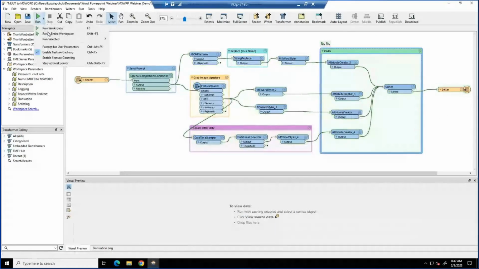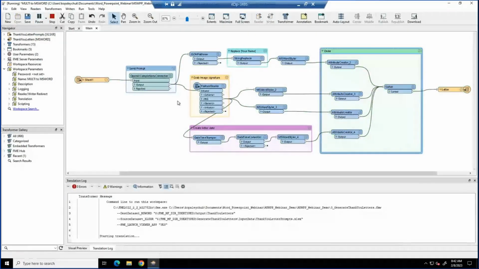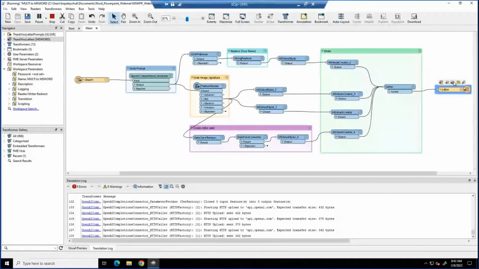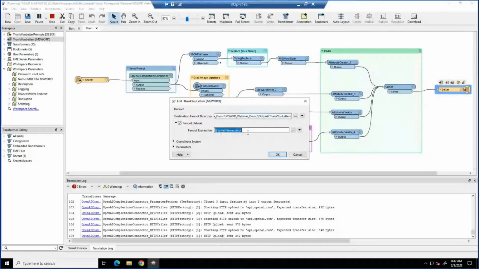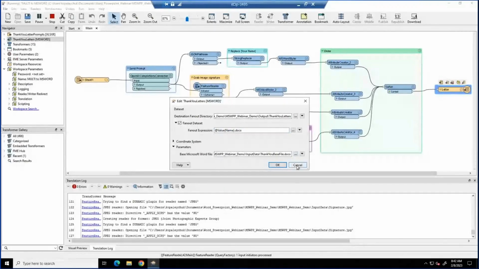And I'm going to go ahead and disable caching and run this. Oh, actually, one more thing to note, because we want one letter per person or per prompt in our Microsoft Word Writer, we're actually doing a fan out expression, and this way we'll get one file per name in the spreadsheet. We are using a base file as well, and you'll see the styling added on output.